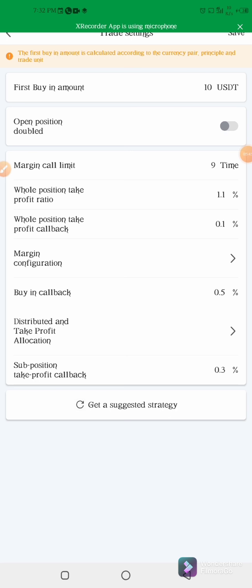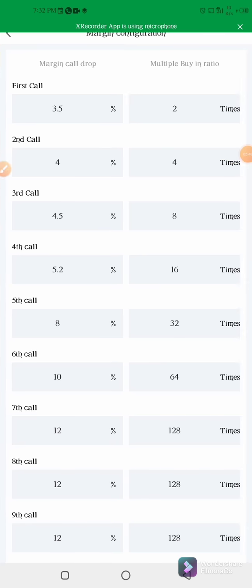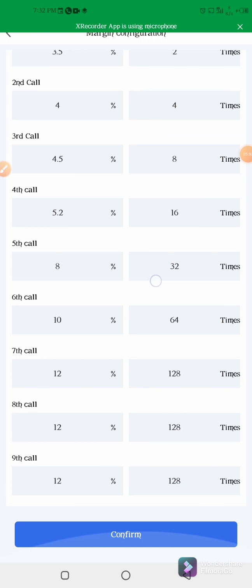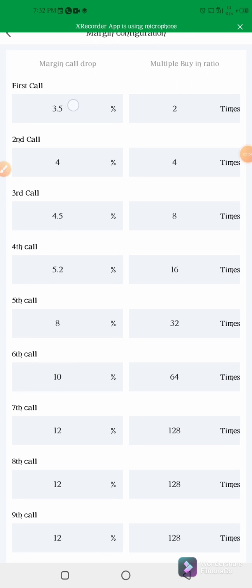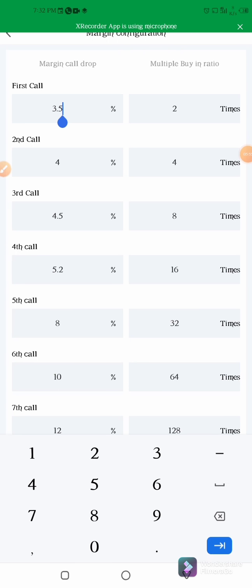So we go to margin call settings. Margin configuration rather. So we've opened a 9 position. You can confirm it from 1 to 9. Okay, so it's always good. I wouldn't want to go by the default trade settings. It's fantastic. You can stick to it if you want, but to make profit every day,